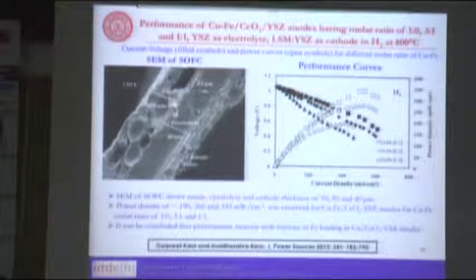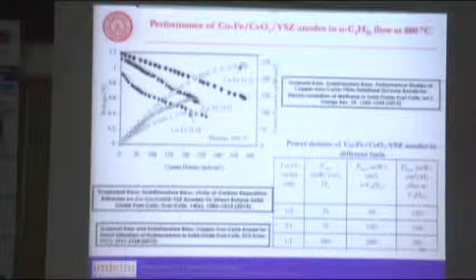So you have a porous anode structure infiltrated with copper, or copper-ceria, or copper-cobalt, copper-iron kind of catalyst. This is your dense electrolyte, which is YSZ, yttria-stabilized zirconia, gadolinium-doped ceria, and you have a cathode material with the LSM. Okay, you can see with hydrogen we have got 350 milliwatt per centimeter square. When we use